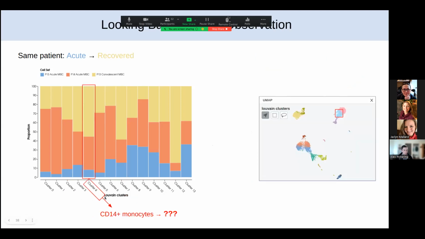The last cluster that we looked at was this cluster 4, which was CD14 monocytes. And this same observation was made by the authors that reported this data, that this cluster went up in patient 13 as they recovered. And they went on to characterize a much larger set of samples in this particular cell type. And so what we're going to do for our next exercise